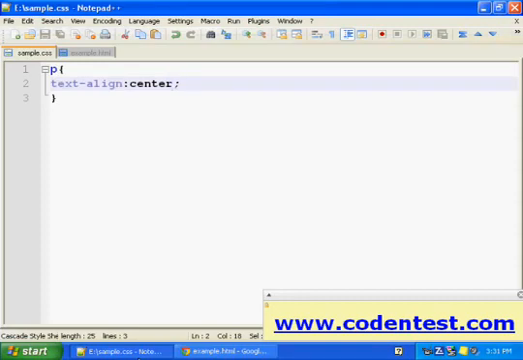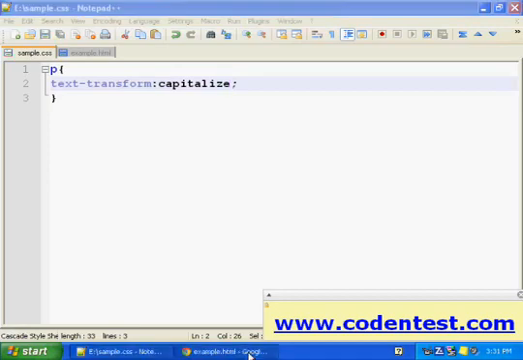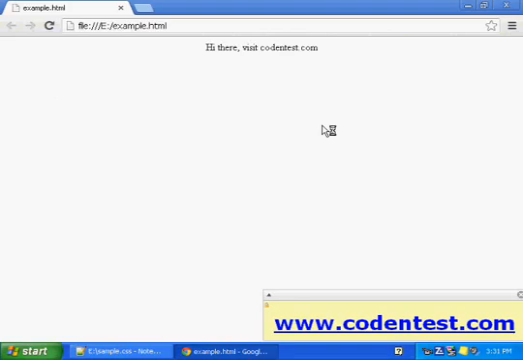And the next thing is text transform. The value could be capitalize, uppercase or lowercase. First let's see capitalize. Let me save that. Refresh it.